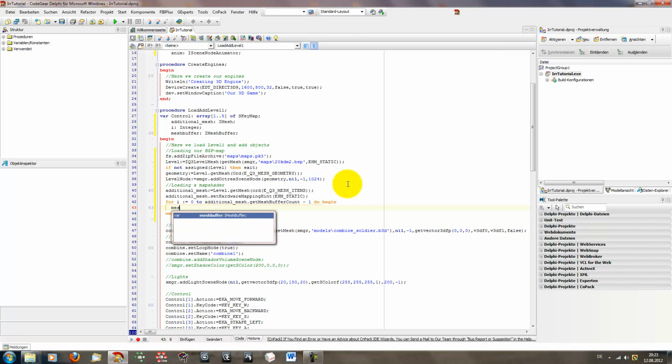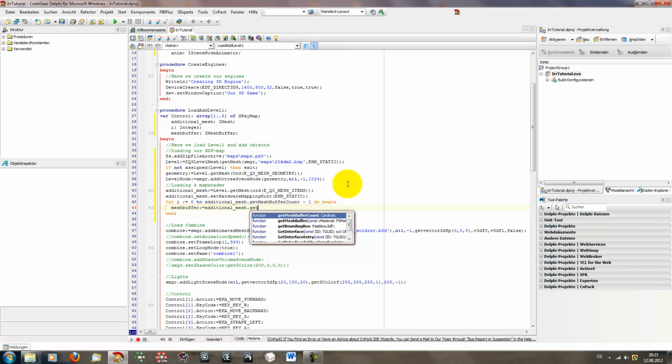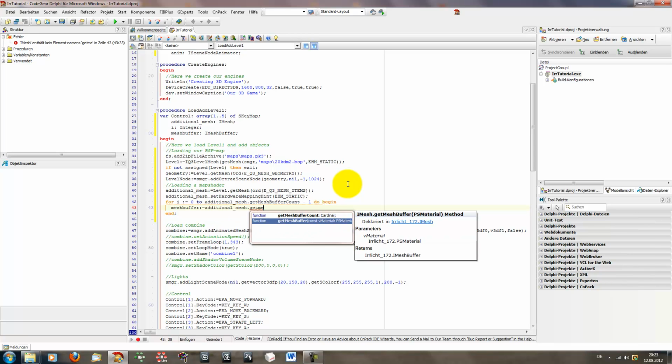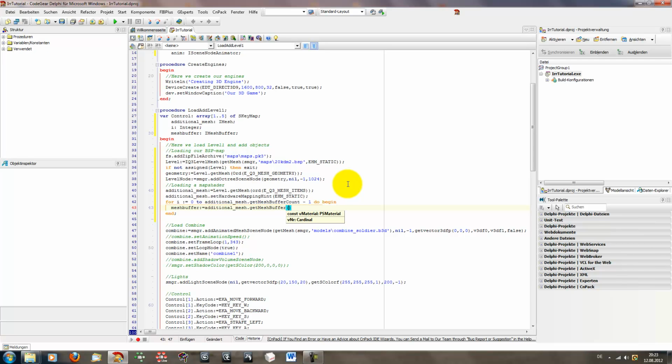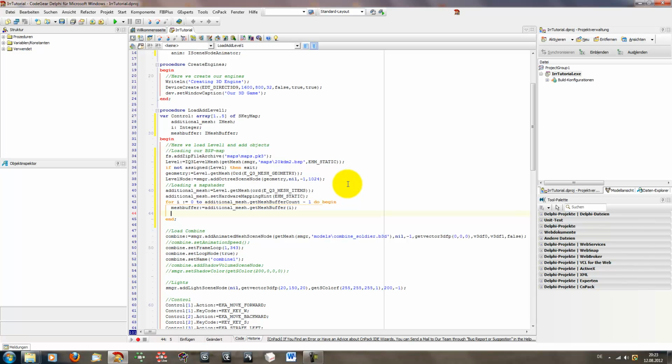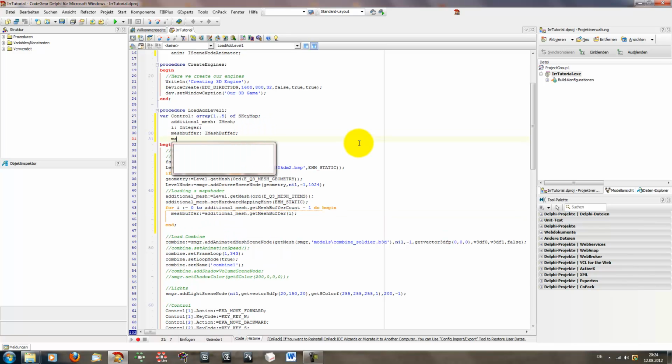Then mesh buffer is additional mesh dot get mesh buffer, and then I. Oh, I think we need a material. Material is an IMaterial,